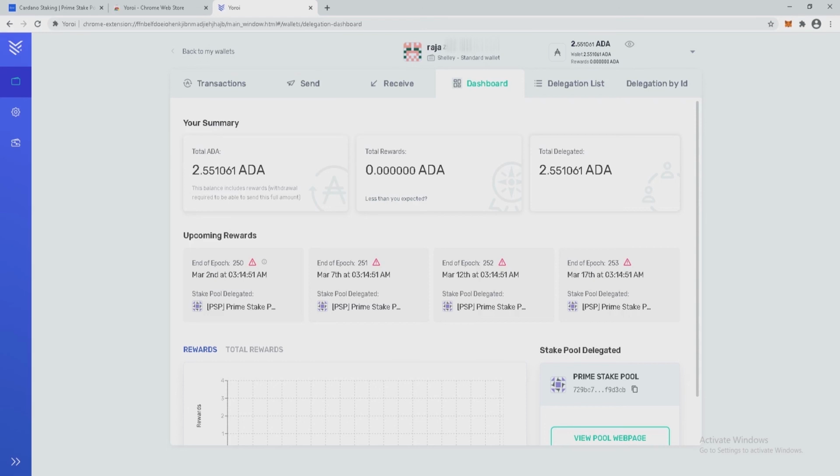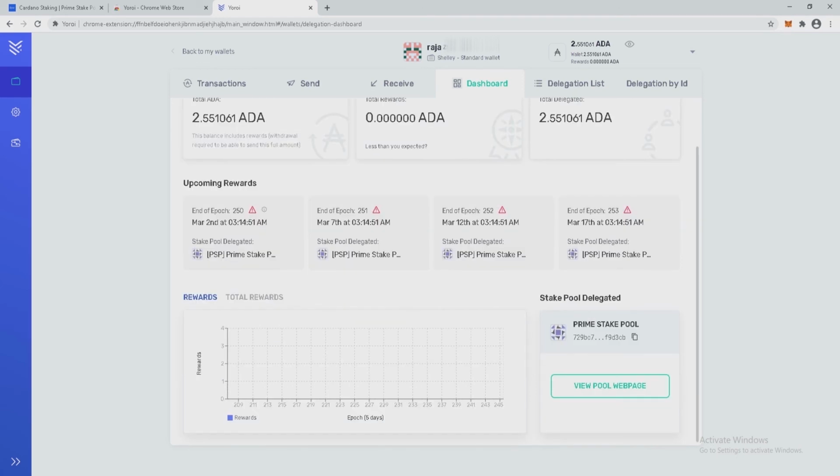So here you can see upcoming rewards. Since I delegated in epoch 247, my ADA will be in live stake, and after one more epoch, that is in epoch 249, it will be in active stake, and I will start getting rewards after one more epoch.